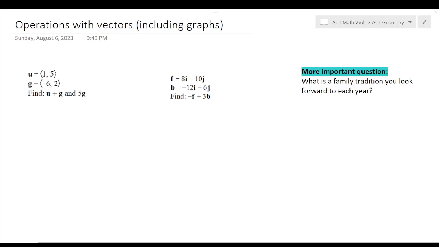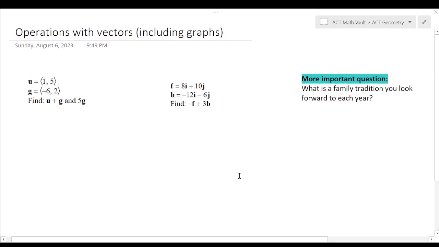Hi everyone, in this video I want to talk about operations with vectors, and I'm going to include a little bit of information about graphs of vectors as well, because I have seen those in relation to vectors on the ACT before. So here are the two problems that we'll do,